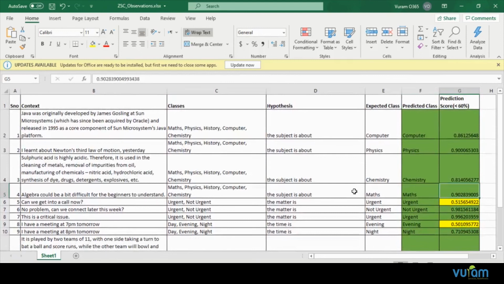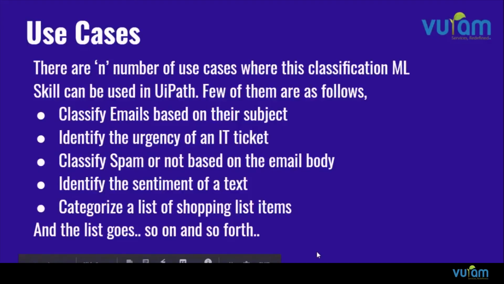So yeah, now we will take a look at the use cases where this ML skill can be used in UiPath. When talking about the use cases, this ML skill can be used for a number of cases in UiPath, and some of them are listed here. The first one: let's assume you have an email box where several emails are for IT, several for finance, and several for operations.